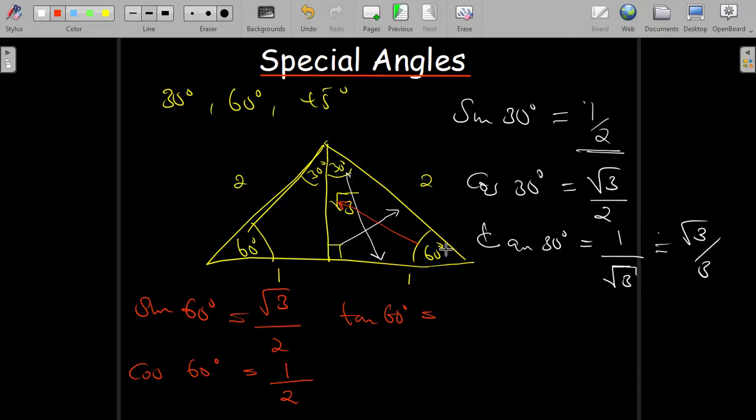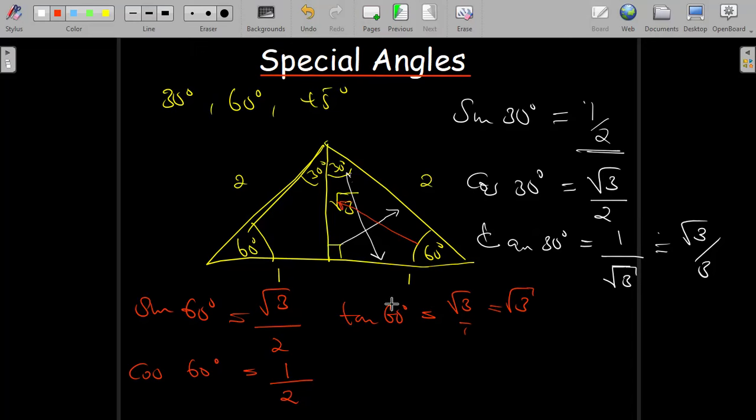So tan is TOA, that is my opposite, which is root 3, over my adjacent, which is 1. So this just gives you root 3, like that. So this is what I get out of this